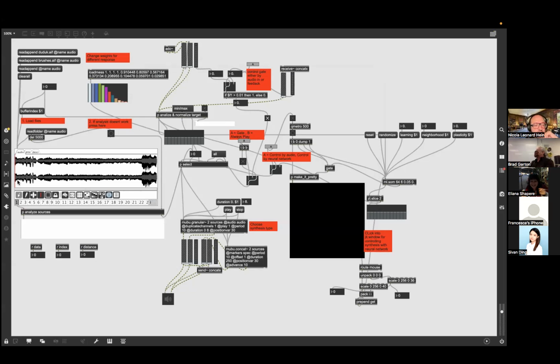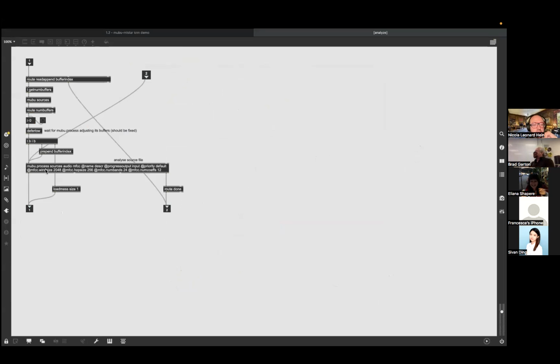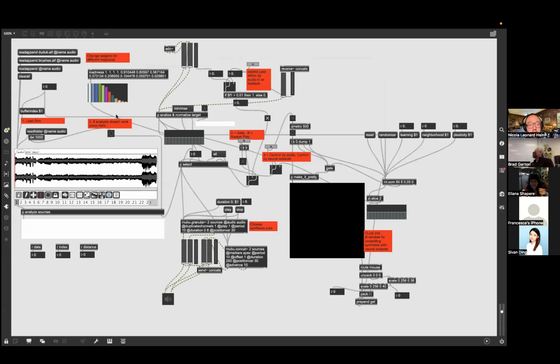Okay, so now we have all those samples in here. And you see, this is the MuBu.process and then source audio MFCC. So that's the analysis that I'm now performing on the audio material. And you see, so now it did an MFCC analysis of this. And now what we can do is